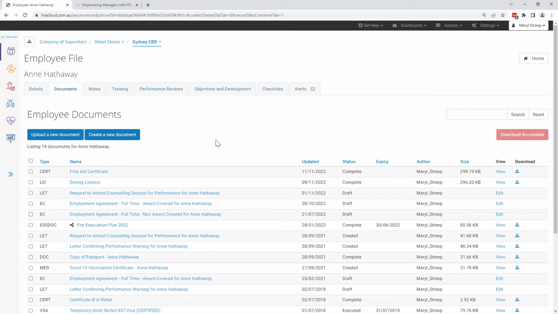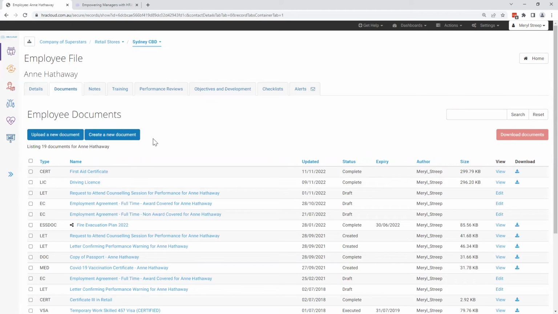So now that that document has been uploaded, the document type, which is this column just here, and that status is what controls whether the employee can see it through ESS. Now, a document will have a status of draft, like these ones just down here, if you have set it to that through the details on the document, or if you've only partially created it through one of our checklists or directly from the Create a New Document button.